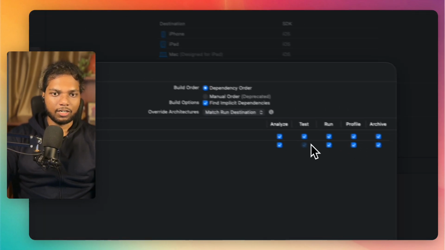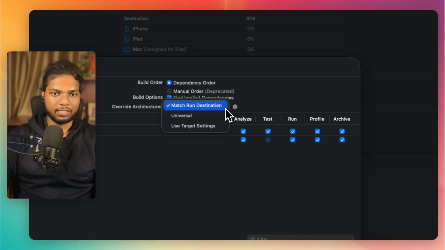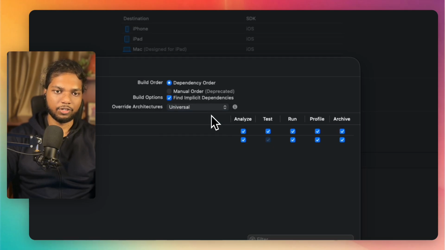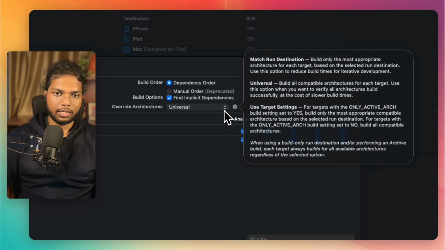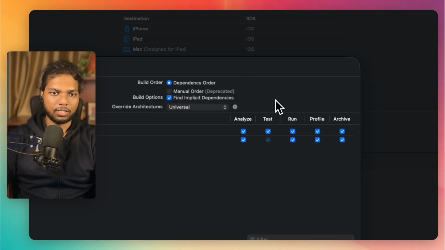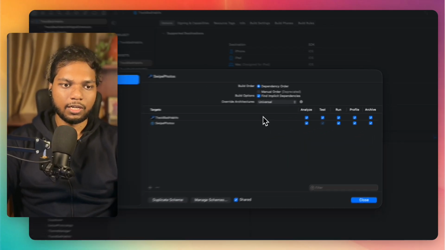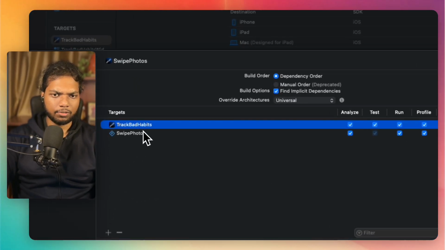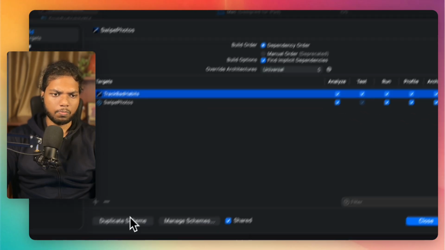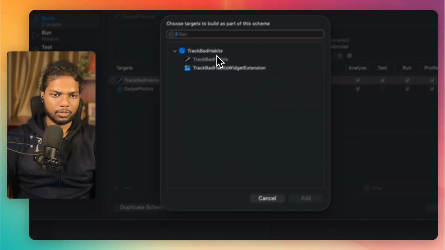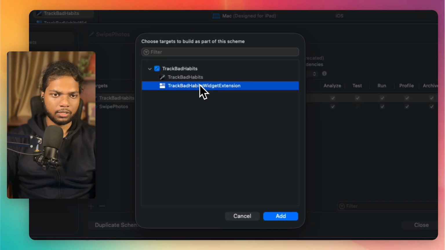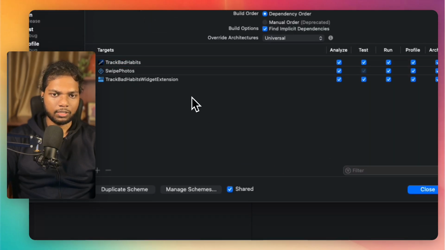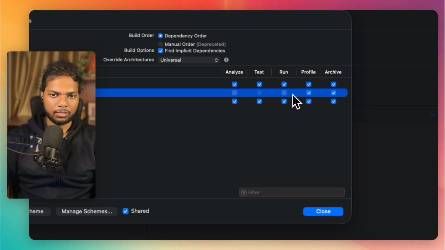Here I can see what builds I have matched for the destination. Let me just create a universal, or mesh. I think I have created two targets, which is good in my opinion. But what exactly is the issue? If I click this +1, okay, add this one. Now if I delete this one,